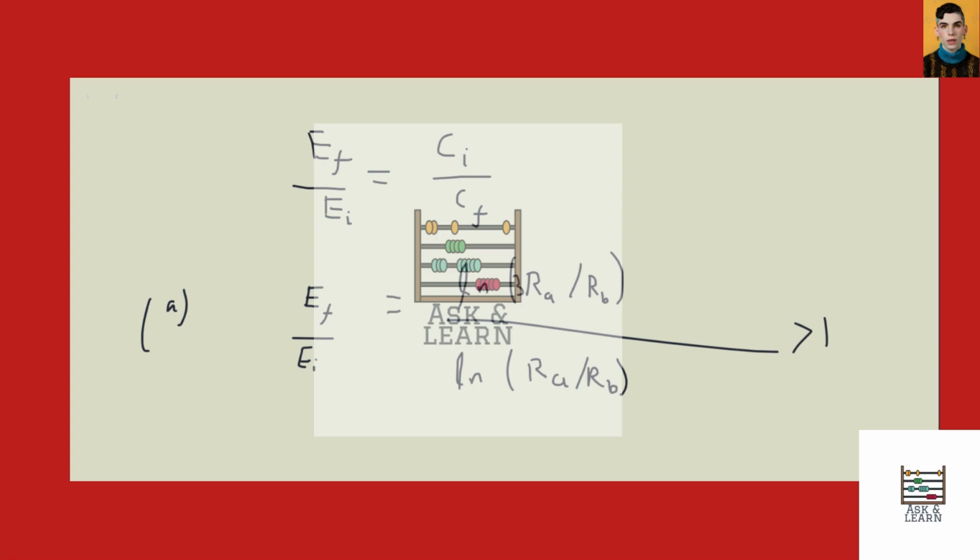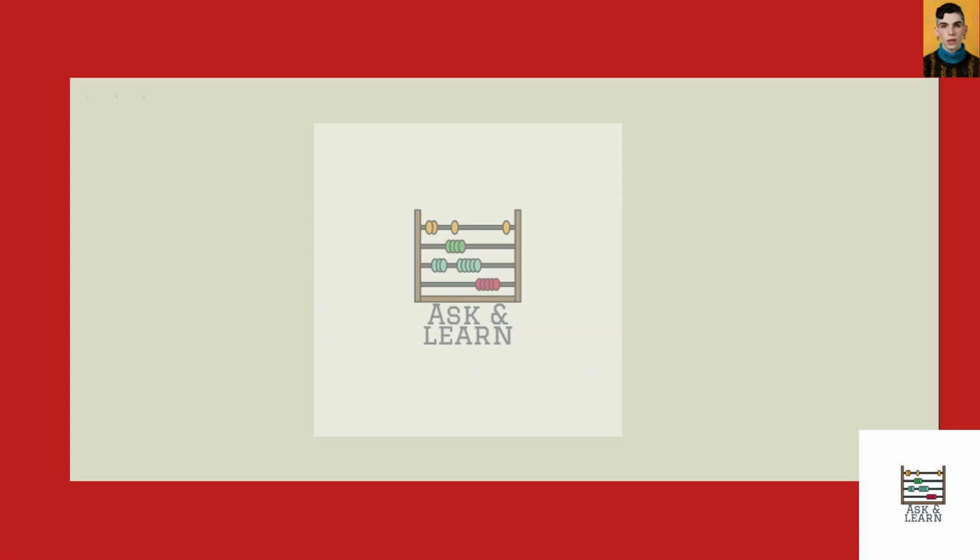Now part B asks us to find the energy change when the voltage is kept constant. So let's write energy in the form in which voltage is involved, half C V square. So now see that the capacitance is in the numerator. So if you take the ratio, final energy divided by initial energy, capacitance is directly proportional. So Cf divided by Ci, which is equal to natural log of Ra divided by Rb